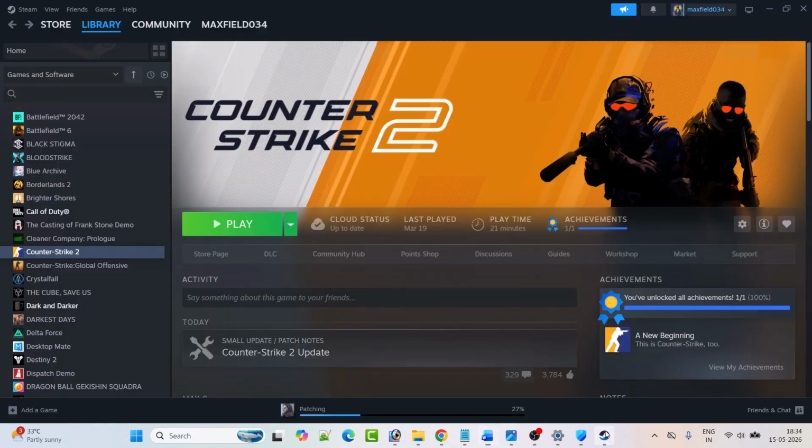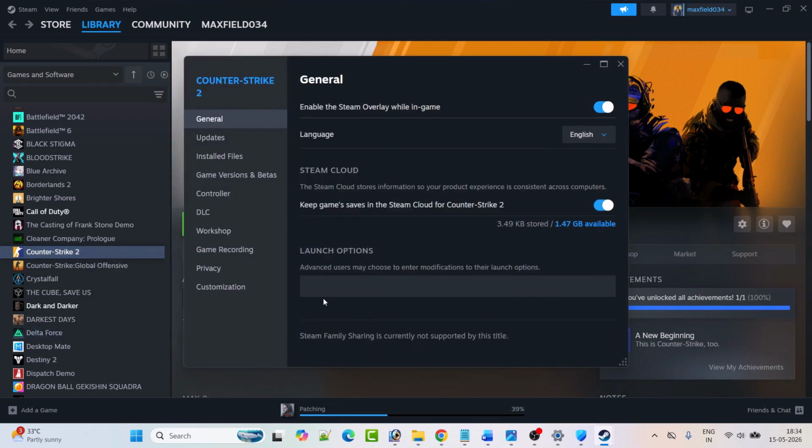So again open Steam, go to library, right click on Subnautica 2 game. Again, this is just an example I'm showing with another game, but you have to right click on Subnautica 2 game and then click on properties, and in the launch options first type -DX11, close the tab, launch the game